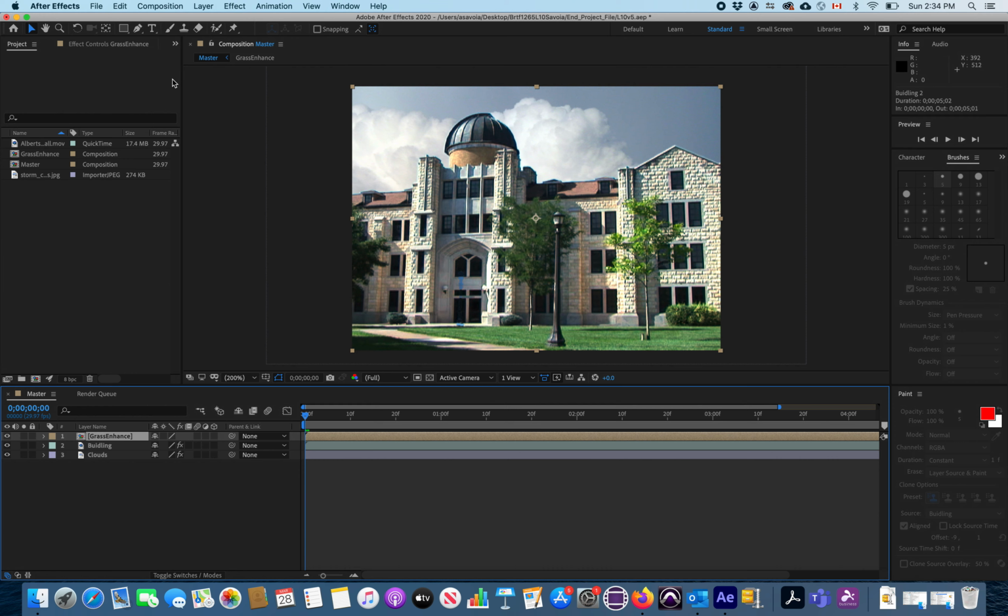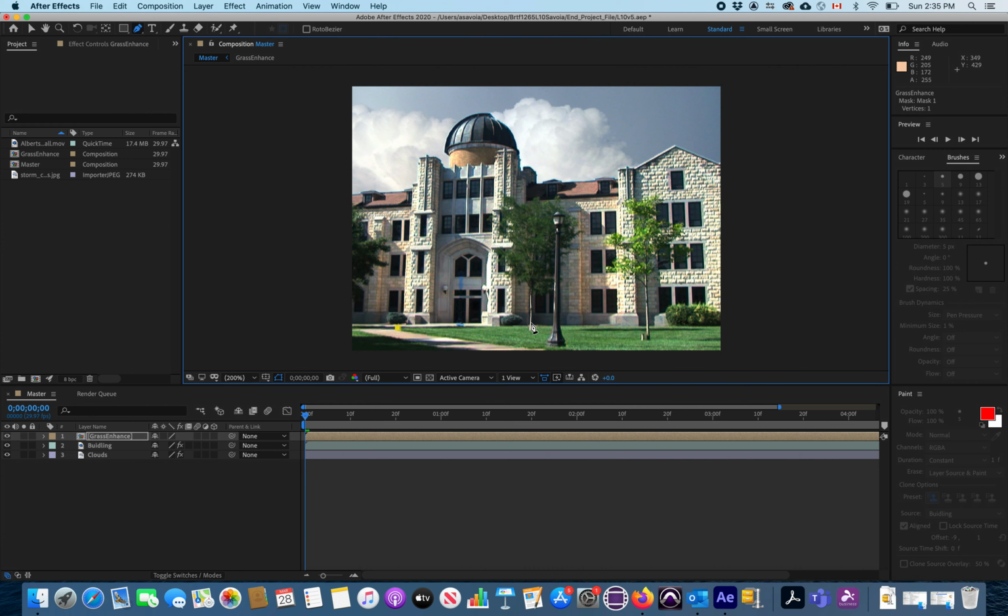And then we'll go up and grab that pen tool. And the pen tool can do two things. It can be used to create shapes, but because we've got the layer selected, it'll be used to create a mask. So now we're going to start clicking around the area of the grass to make a mask. So we're just going to click through here. And you see I'm even going through the trees because it's not all that critical, because it is going to be its own kind of layer. So basically I'm going to create a closed path